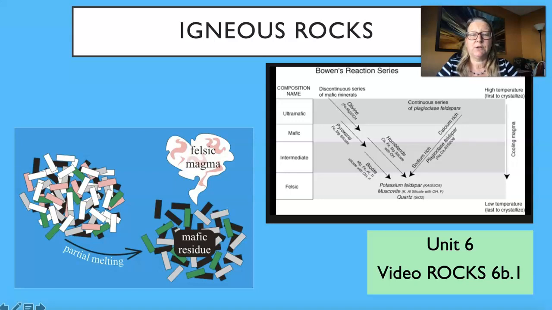This is our last unit for Igneous Rocks, Unit 6B, and we're going to get into a little bit more detail about what's going on in magma chambers as these igneous rocks form. You're going to be watching 3 videos before you see me again, and I want to give you some questions